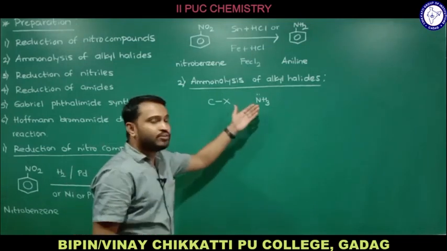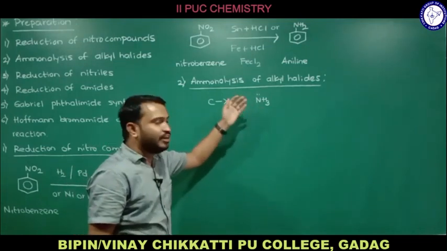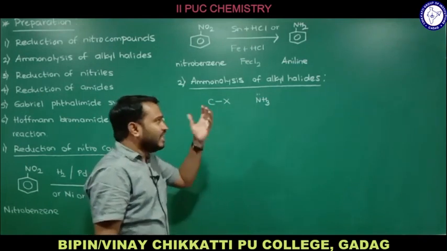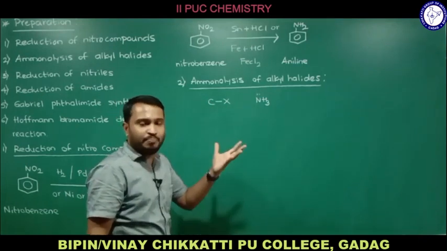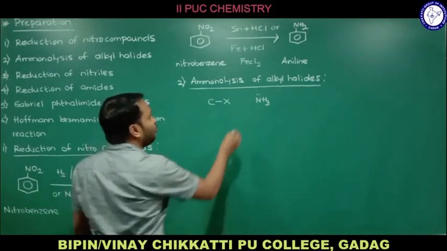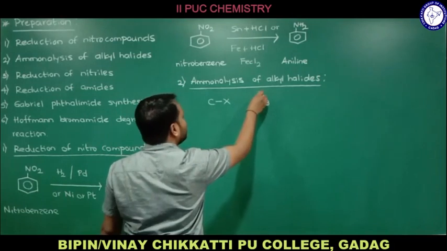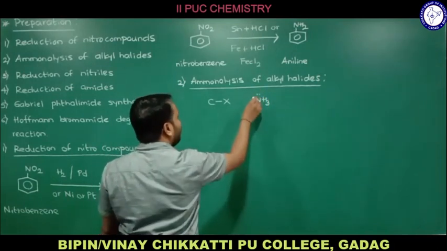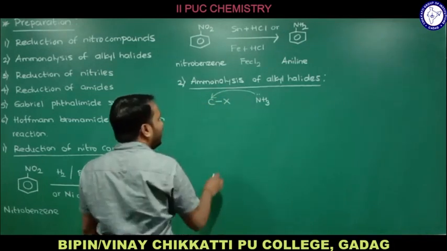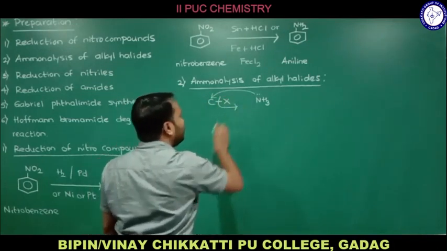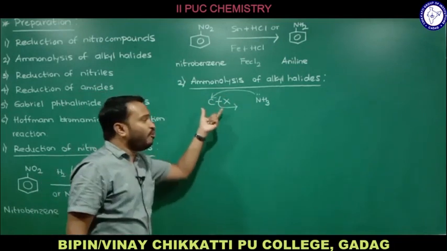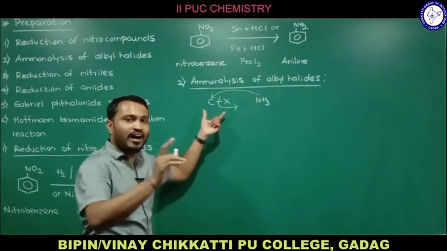This is an electron rich species, or I can say a nucleophile, particularly a Lewis base, because a substance which donates a pair of electrons is considered a Lewis base. So this lone pair of electrons on the nitrogen, which is a nucleophile, is going to attack the electron deficient carbon, and this halogen is a very good leaving group, and this is how there will be the cleavage of the C-X bond of the alkyl halide